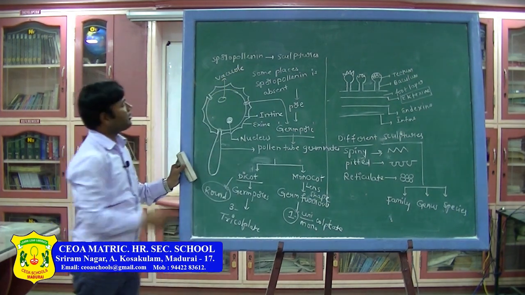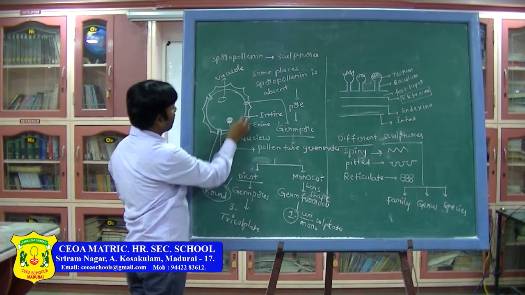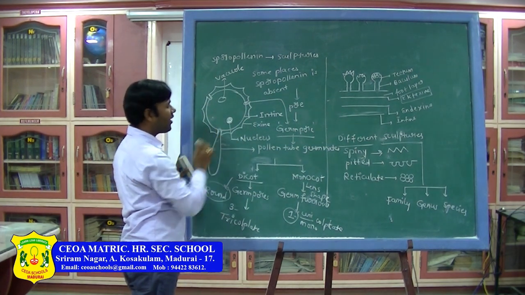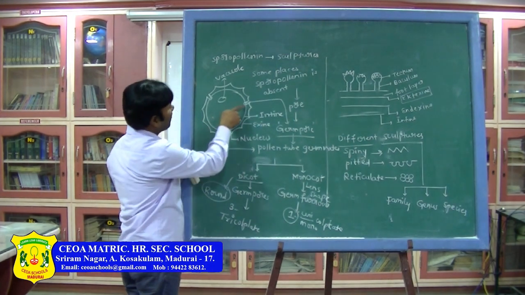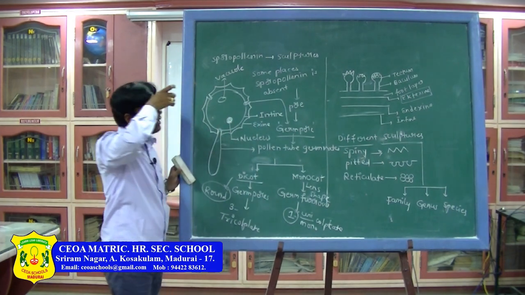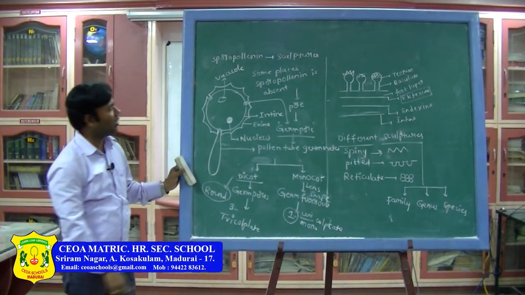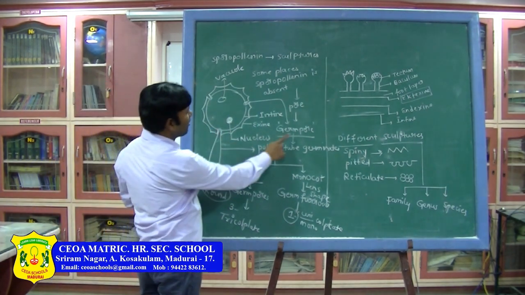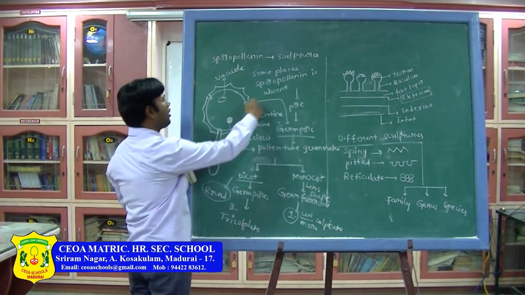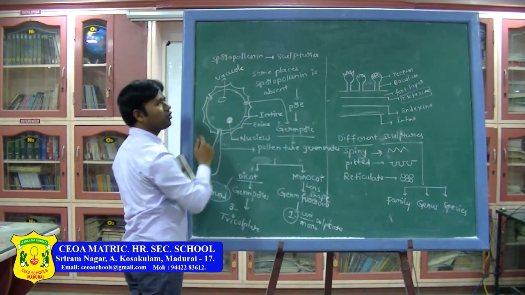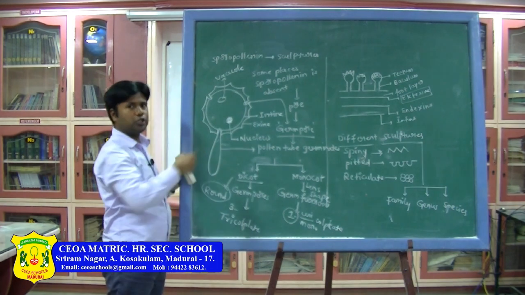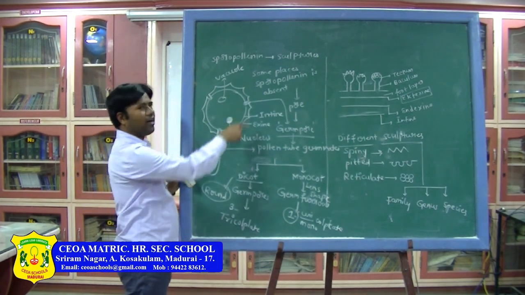Okay. Now see, this is the nucleus, this is the vacuole, this is the intine, the innermost layer, and this is the exine, the outermost layer. Exine is made up of sporopollenin, but in some places sporopollenin is absent. Due to the absence of the sporopollenin, pore-like structures are formed. These pore-like structures we call germ pores. Through the germ pore, the pollen tube will develop. From here also one pollen tube, from here also one pollen tube. Of course, the pollen tube will germinate at any one position, not from all sides.